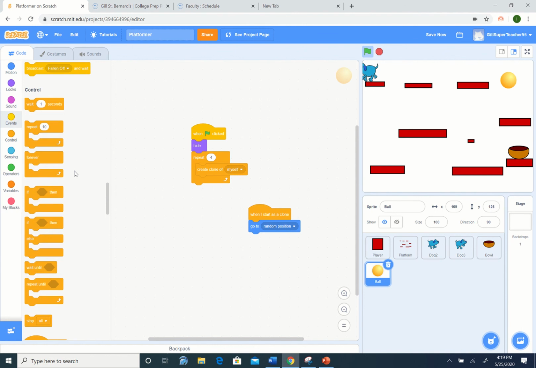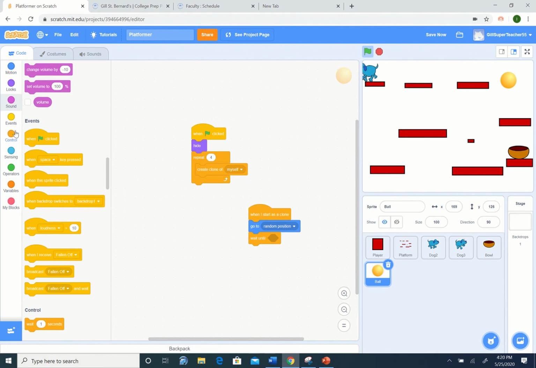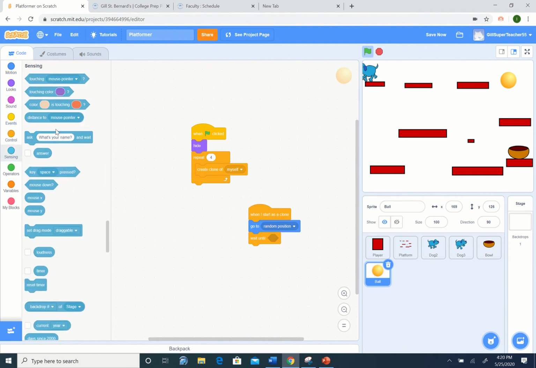and then we will wait until sensing, touching the player. Oops, touching player,